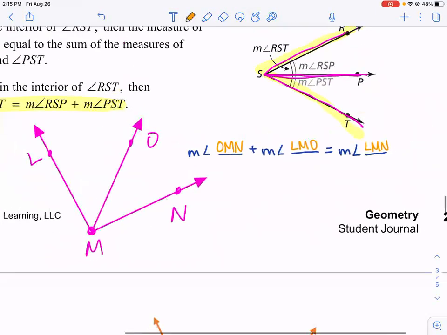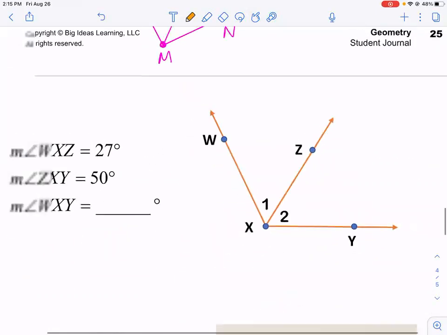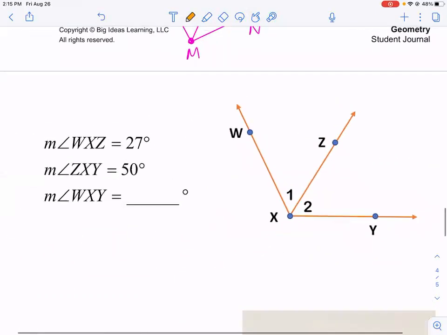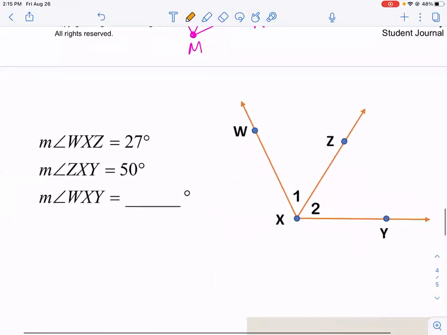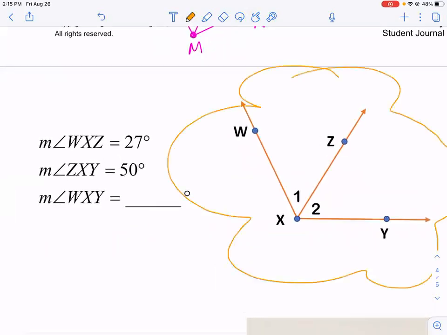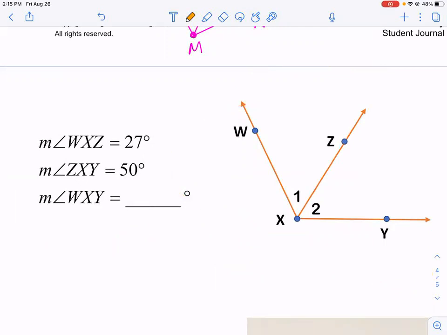Now, in your notebook, I want you to draw this picture. Draw this picture. The orange angle. Z. While you are drawing this picture,